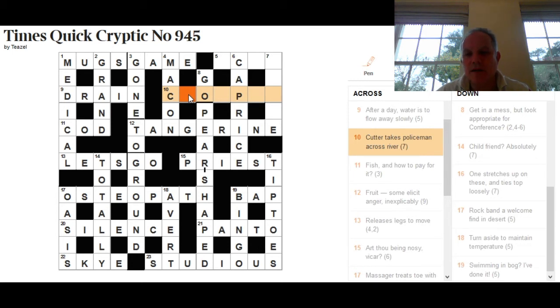Now normally, obviously, we can decide that the definition will either be cutter or river, but that doesn't necessarily narrow it down. Cutter can mean a number of things, including a type of ship, which is what's implied by the surface reading of this clue, or something that cuts things. And a river, obviously there's a large number of rivers in the world. Nobody can be expected to know all the names of all of them. So you might be a bit nervous about that. But it can also be the letter R, and that might be useful here.